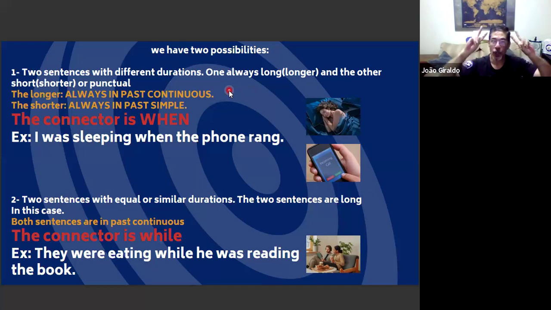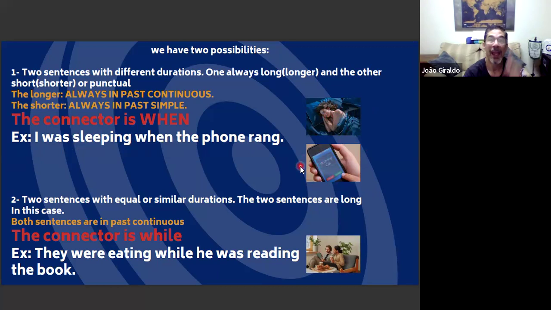In this case, guys, two actions with two different durations, it is obligatory to have the longer sentence in past continuous and the shorter sentence in past simple. Okay? For example, I was sleeping when the phone rang. So imagine here the duration of your sleep. I was sleeping, and a punctual action during your sleep,